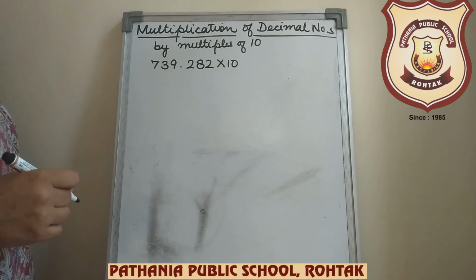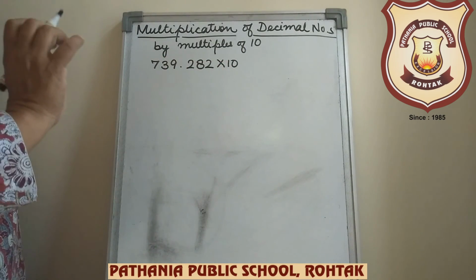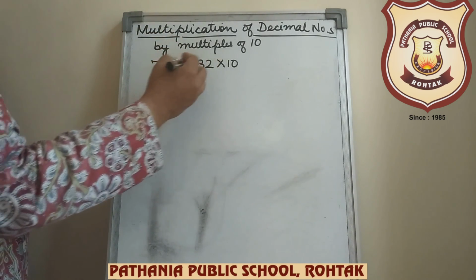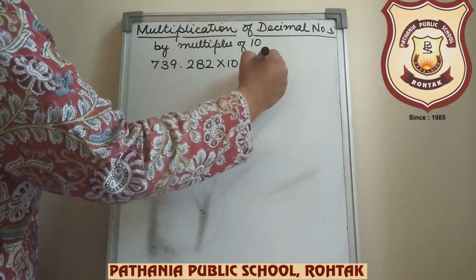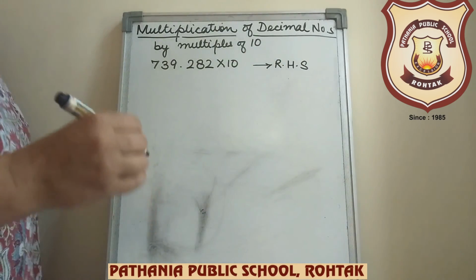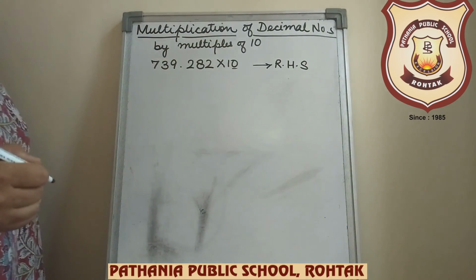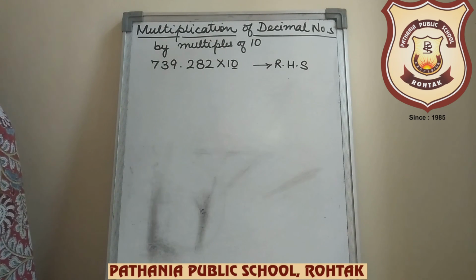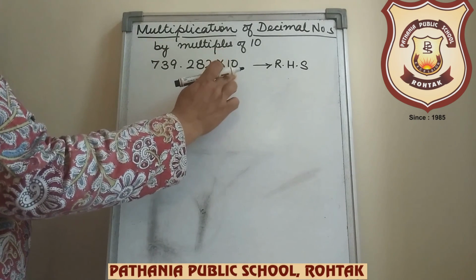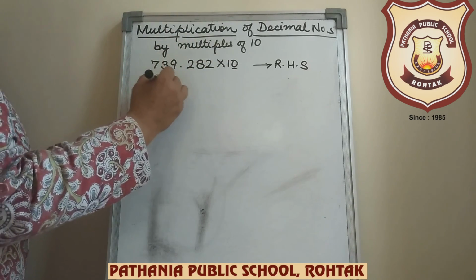Okay. Now, when we multiply with 10 or its multiples, a very simple formula is that the decimal will move towards the right hand side. And how many places? The number of zeros which are there in the number with which you are multiplying the decimal number. Now here you are multiplying with 10. So there is how many zeros? 1. So the answer is going to be